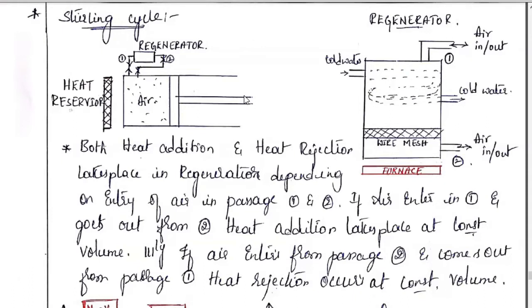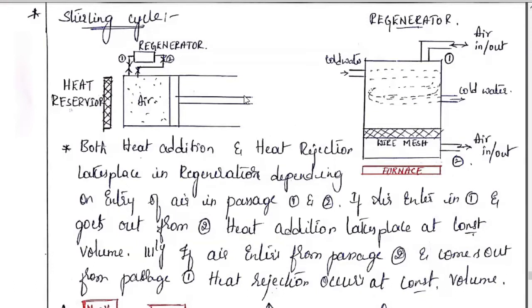Next is the Stirling cycle. Now all the 4 cycles you have seen are interlinked and can be understood very easily. But one cycle which is not interlinked with the other 4, and works under different conditions, is called the Stirling cycle. So first let us understand what the Stirling cycle is.